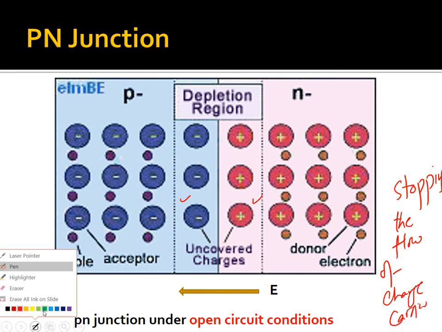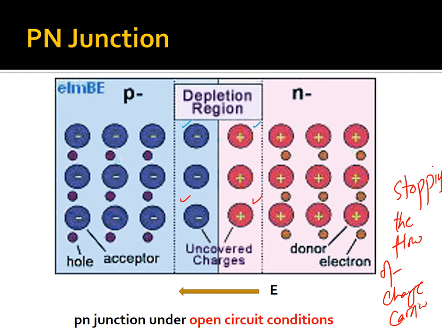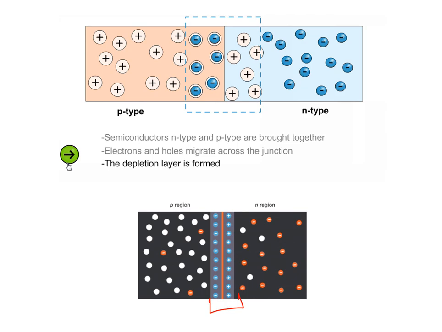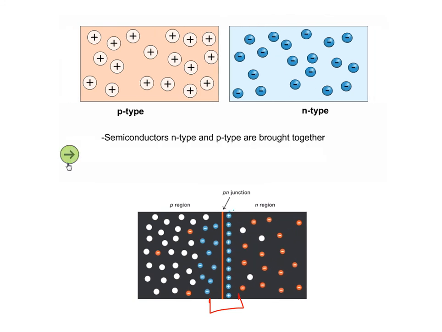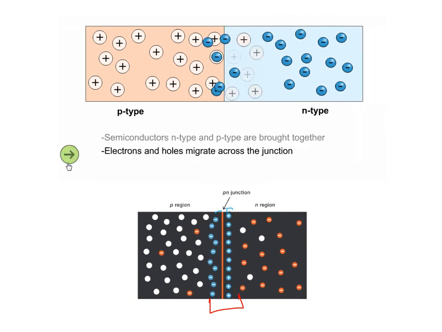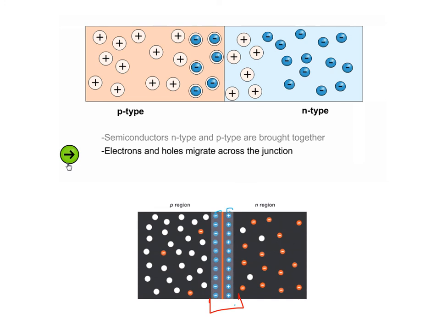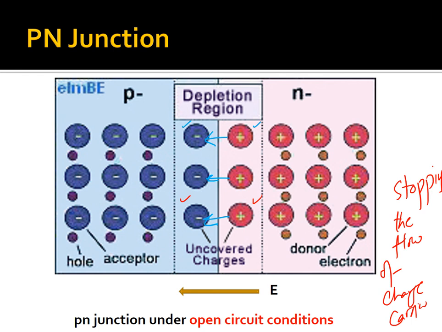Okay, and next, what is happening? We get a positive charge here, we get a negative charge here. So whenever we have a positive charge at one side and a negative charge at the other side, basically an electric field will be generated, and the electric field will be from the positive to the negative side. Because here you can see we get the concentration of the positive charges at this side, at the depletion region, and the negative here. So from this positive and negative ion concentration, we get a depletion region, and there will be an electric field from positive to negative ion here.